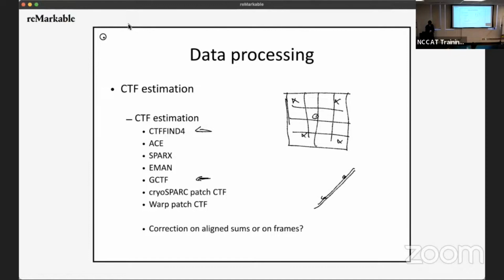Okay, and actually patch CTF came, if I remember correctly, after WARP did its own patch CTF, which is extremely accurate. And actually, in my hands, that's where we started getting good resolutions on tilted data, because suddenly we had a good estimation of the CTF of the different particles, which is quite critical. So then RELION is not here, obviously, because it doesn't have its own CTF estimation pipeline,